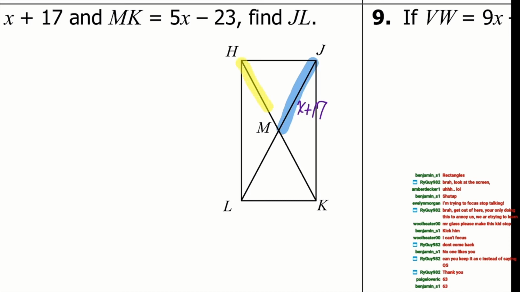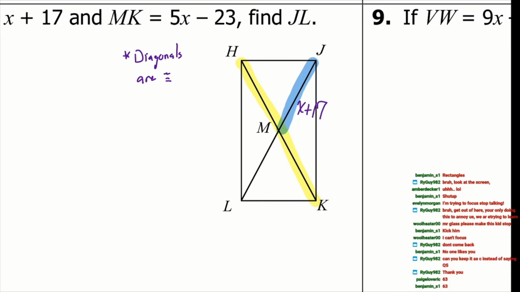And most of you probably could see the relationship between these two, that this is 5x minus 23. Obviously, the yellow line is longer than the blue one. But utilizing the fact that diagonals are congruent, and the fact that they bisect each other, you can justify the fact that the blue one is exactly half